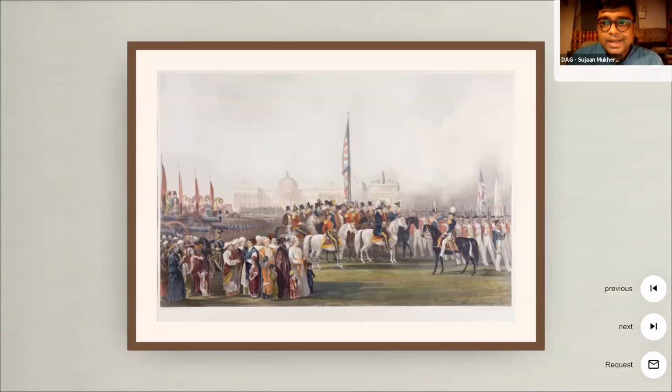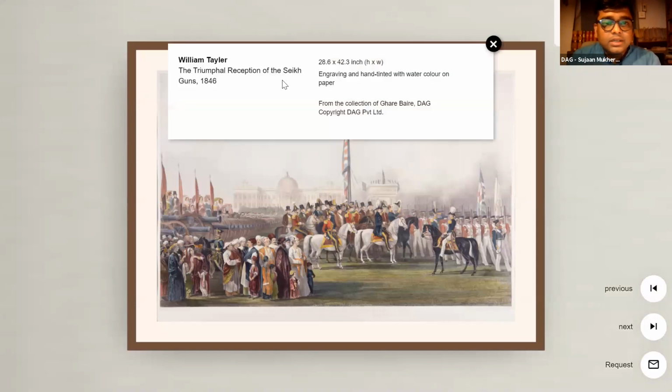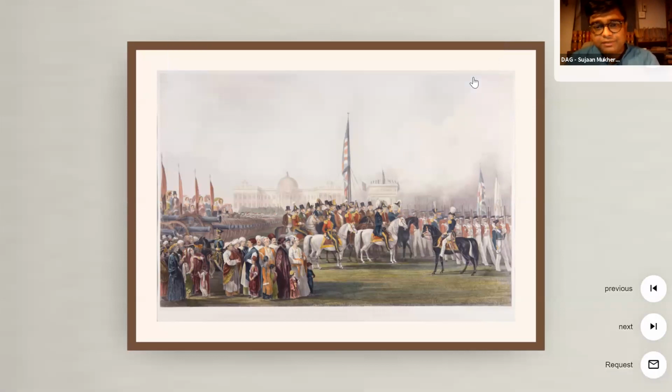which is titled "The Triumphal Reception of the Sikh Guns." So this was in 1843 or 1844. This is the first Anglo-Sikh war where the British won an important battle at Sobraon. So, if anyone would like to hazard a guess as to what is happening,